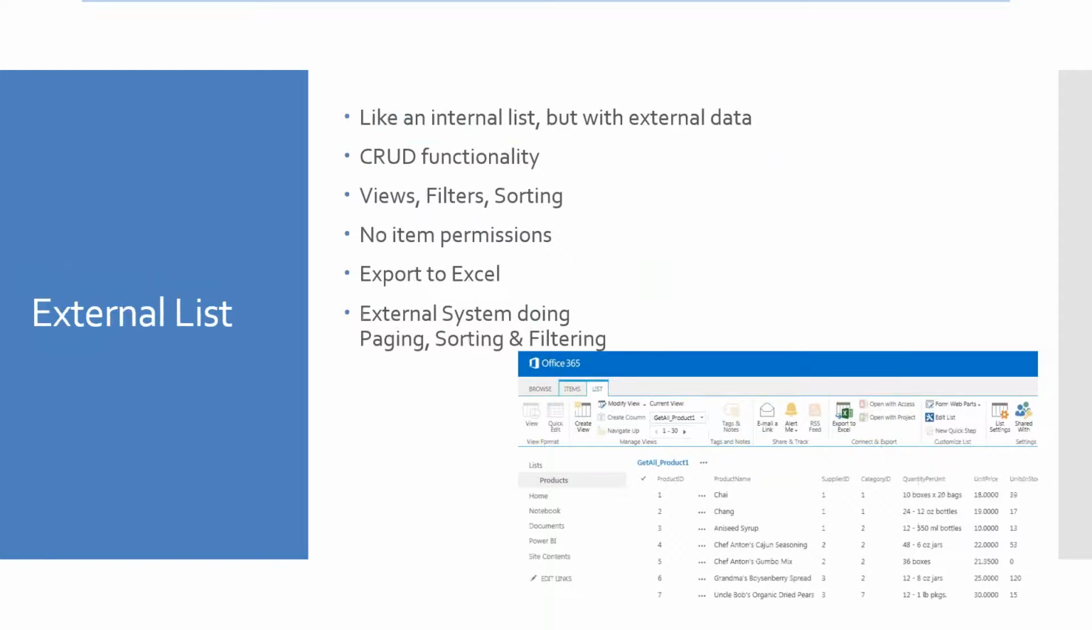So what we'll start off looking at is the external list. This external list is the tool that's going to be allowing us to manipulate the data. As I've mentioned, it's like a SharePoint internal list. What's quite critical to mention is the fact that the